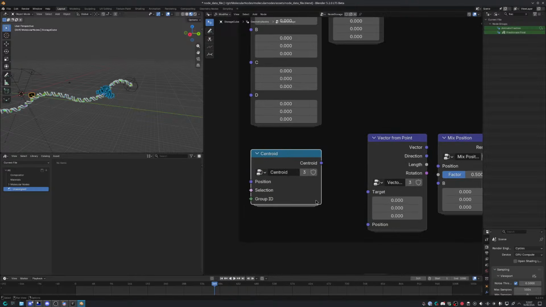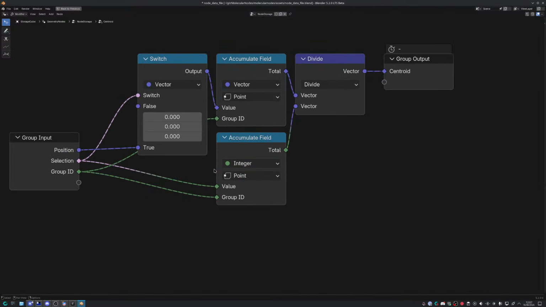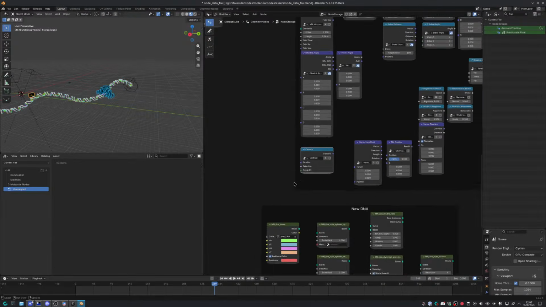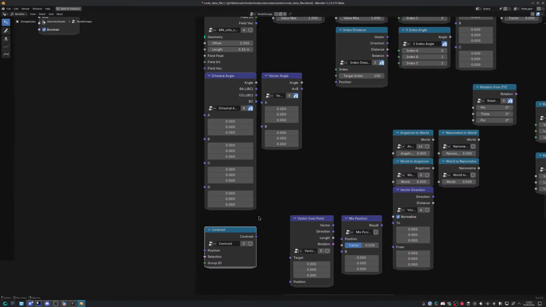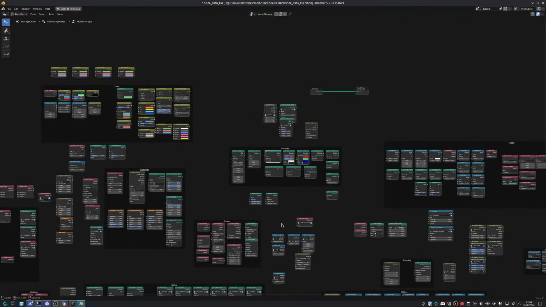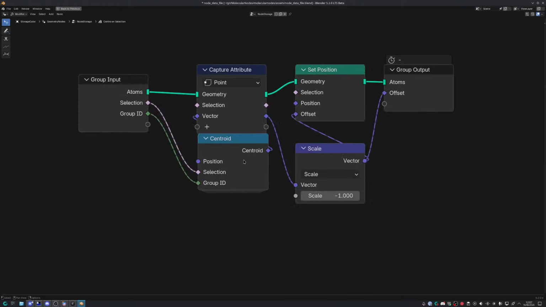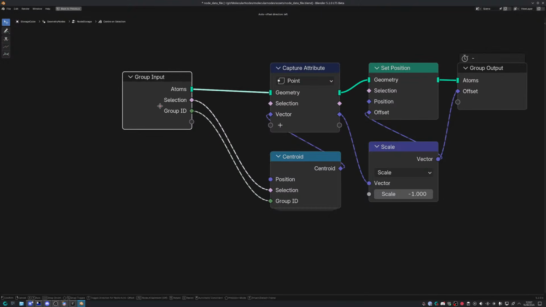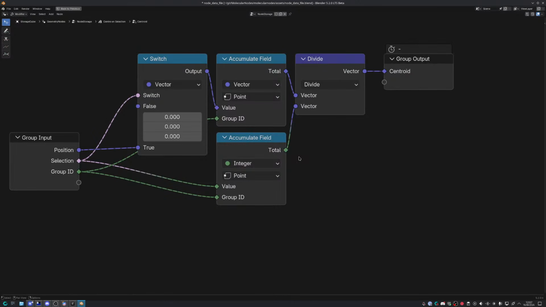Centroid we don't really need anymore. Where is it used? Center on selection. Although,